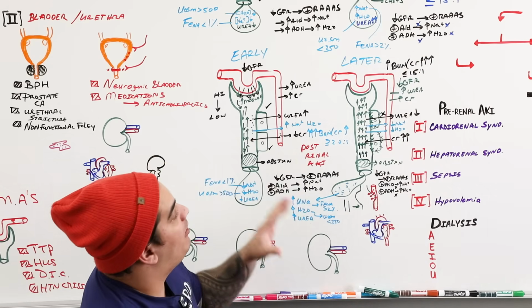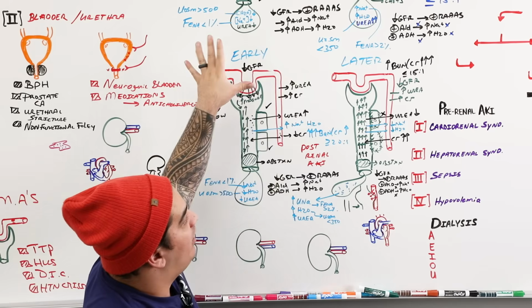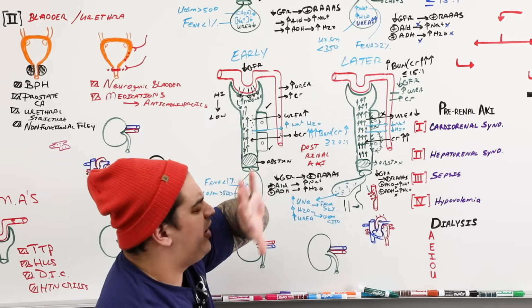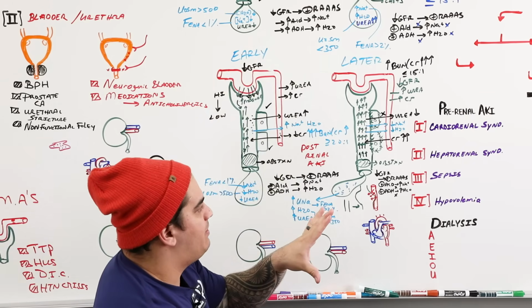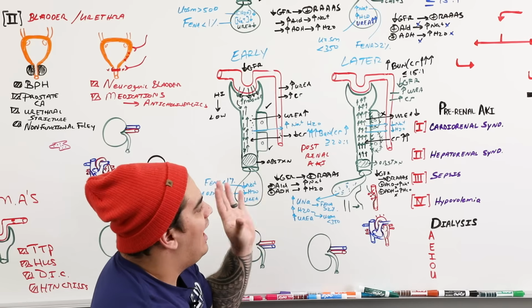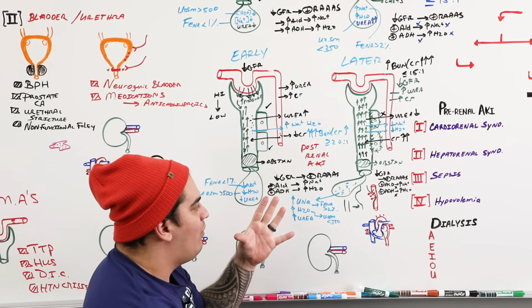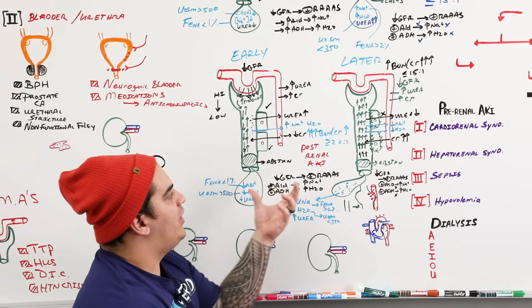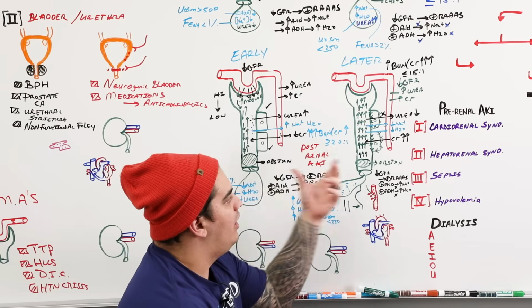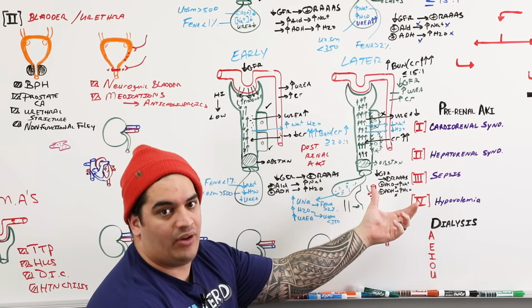So what I want you to remember for the pathophysiology is we understand pre-renal, we understand intra-renal, we understand all of the diagnostic aspects of it, the clinical applications of it, how this leads to decreased urine output, and so forth. But post-renal AKI, in the early stages, looks like pre-renal. In the late stages, it looks like intra-renal AKI.